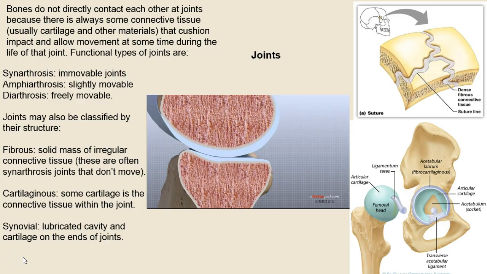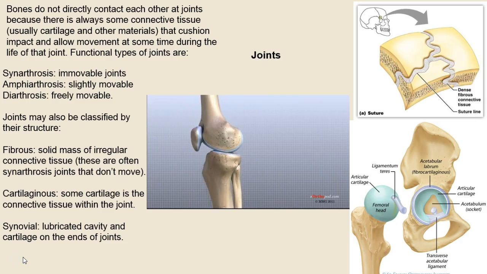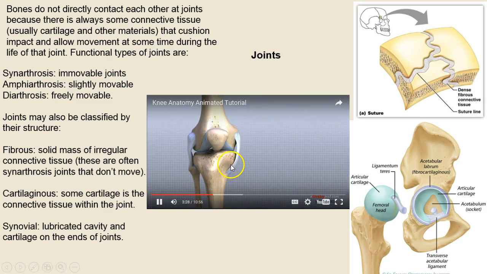Joints. It's not just about hips and knees and shoulders. There's many types of joints, and some don't even seem like joints. We classify joints according to their structure. They could be fibrous, cartilaginous, or synovial. Most of this lecture is about synovial, and here is a nice example of a synovial joint of